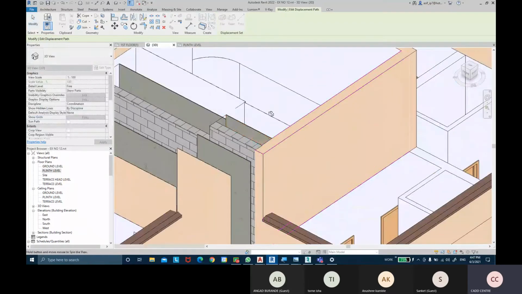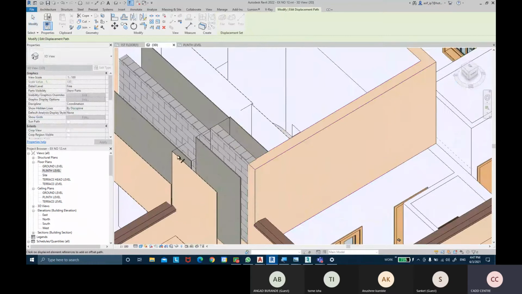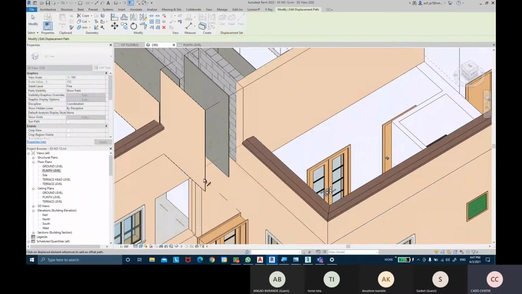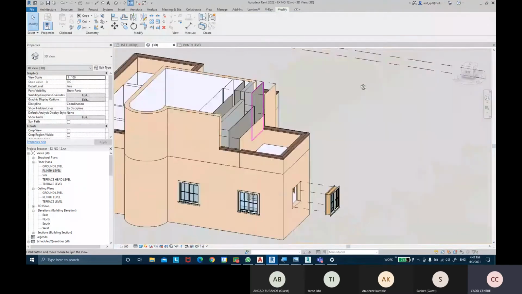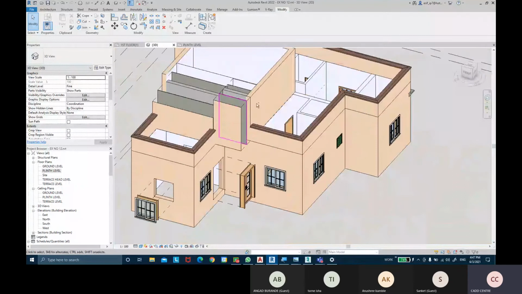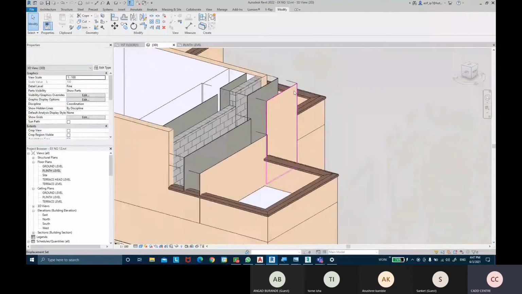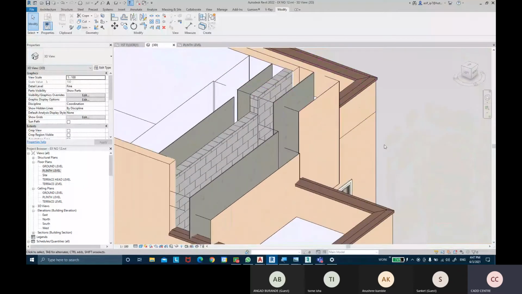And then you can show the path lines. To show an exploded view of your detailing that you have applied it to the walls basically.